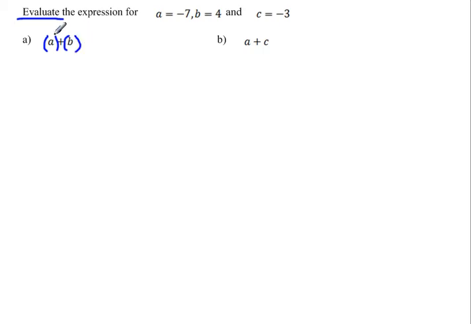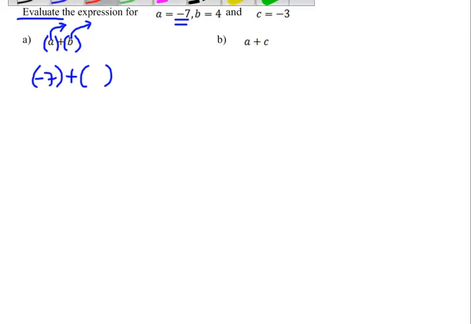What we're doing is we're setting up like a little booth. And what's going to happen is these variables are going to slip out. And when we're not looking, inside those parentheses, the values are going to slip in. So it's kind of like a little magic trick. So the a slips out, and in its place comes in the -7. And then the b slips out. So here's my b. And when the b slips out, we said, oh, b is going to equal 4.